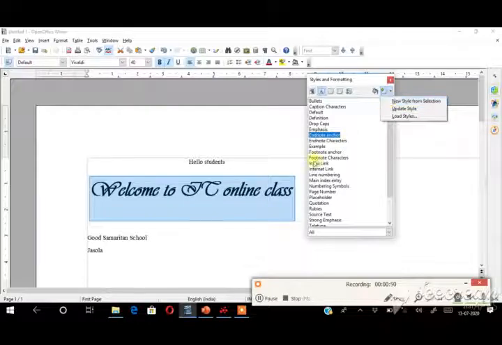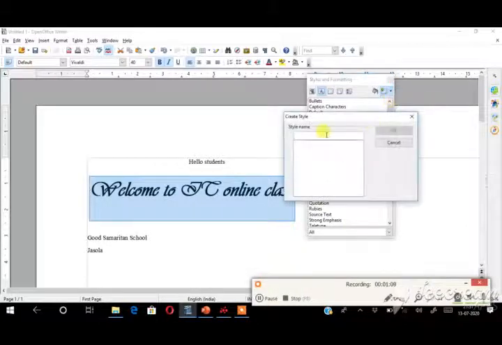Here I am choosing EndNote Anga. This is my font style. Here I am choosing the font face and the size. This is the character style name. But I want to give a new name now. Okay, so new style from selection. You have to choose the new style from selection option.